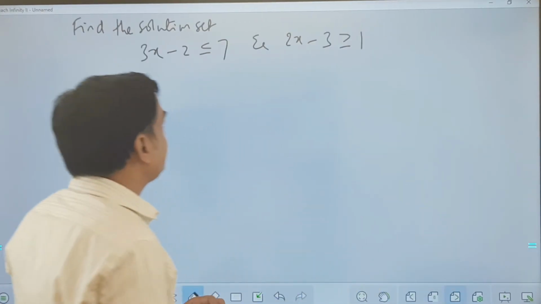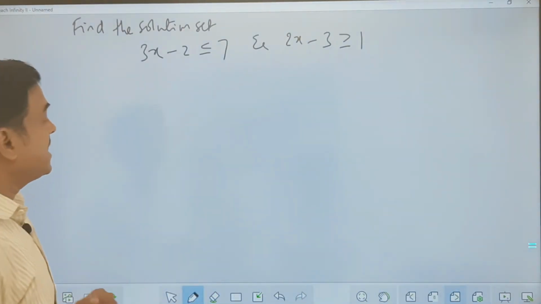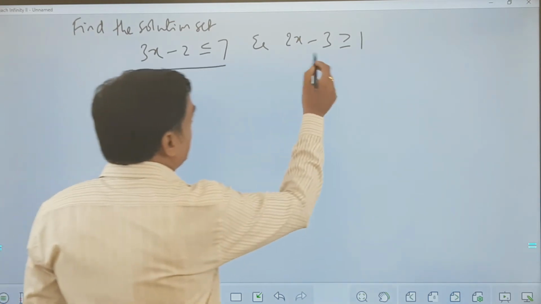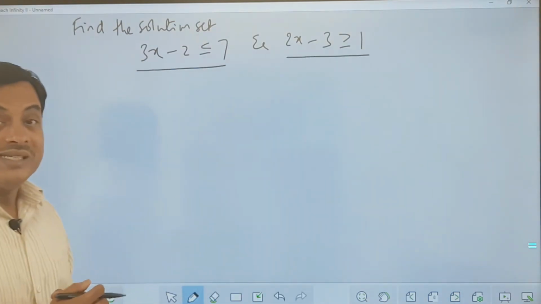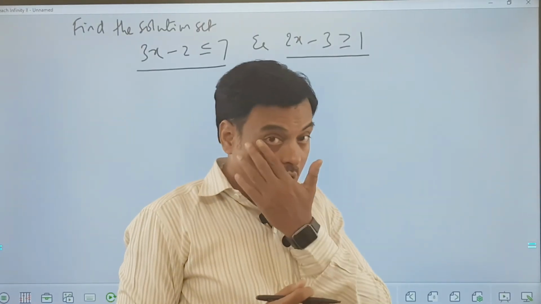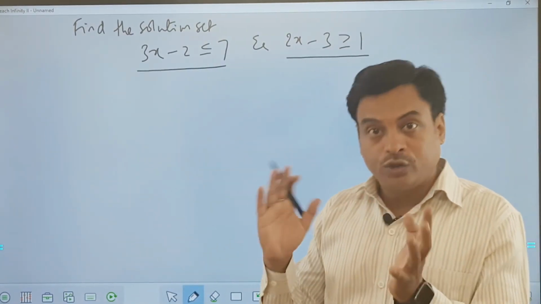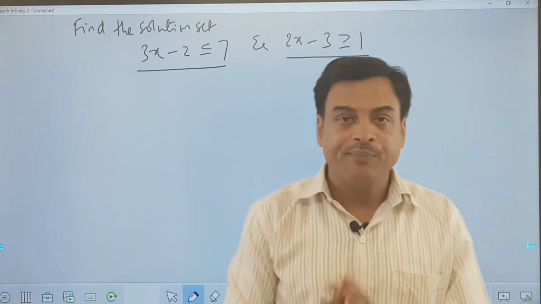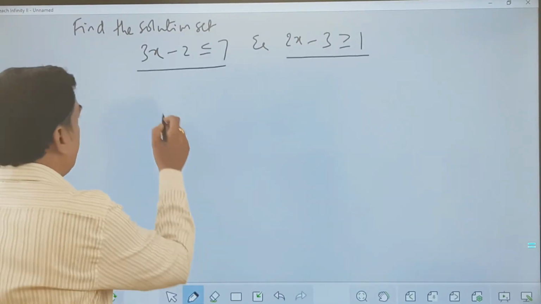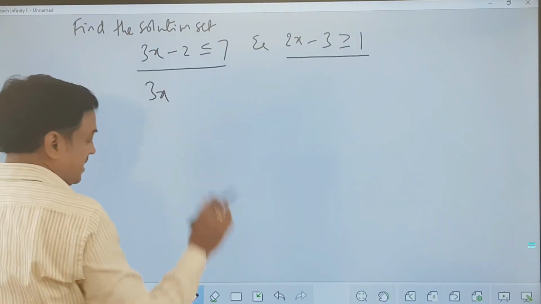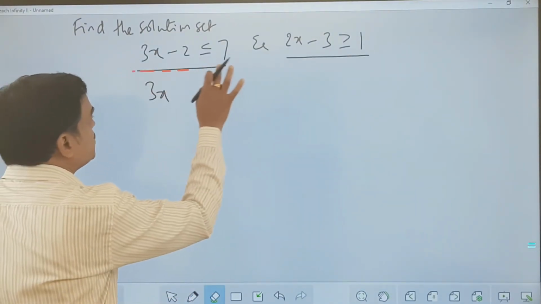Okay. Another one. In this case, there are two equations, my friend, 1 and 2. So that means he is expecting from me a common solution which can satisfy both of these given inequalities. Okay. So that is what we need to remember. Now I'll take 3x. I'll just eliminate this so that you don't have a confusion.